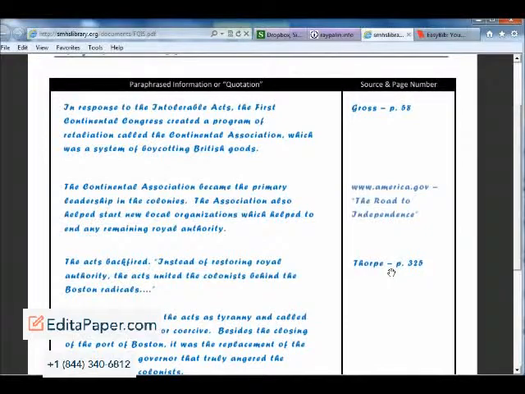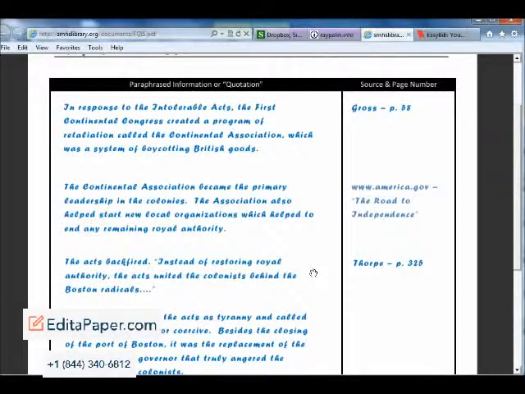In this case, the author has provided an expert opinion, and the student wants to perhaps include that when writing the research paper. On page 325, Thorpe says, "Instead of restoring royal authority, the Acts united the colonists behind the Boston Radicals." This appears to be a good quote, and it seems like the student made a good decision to include this